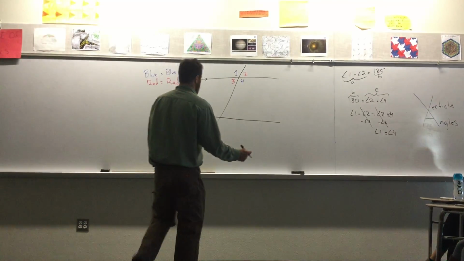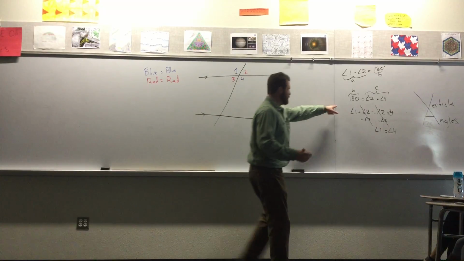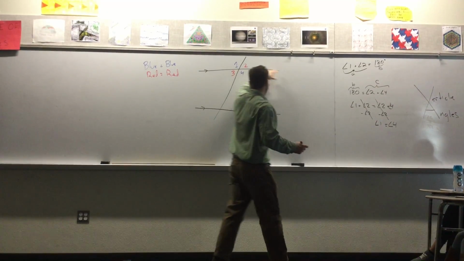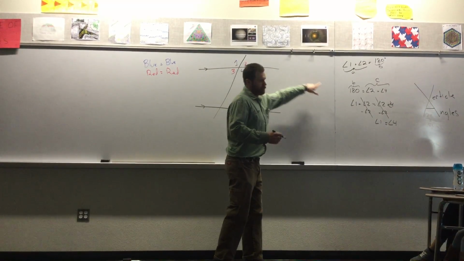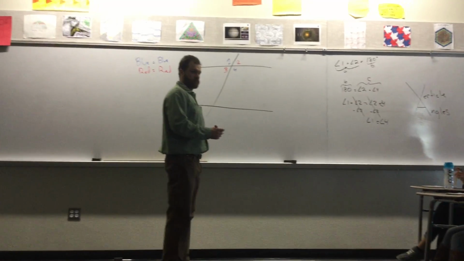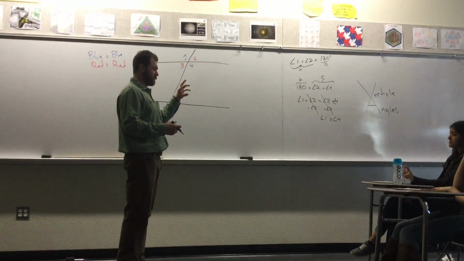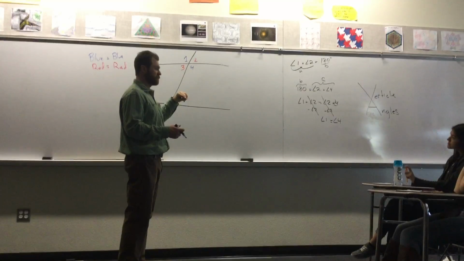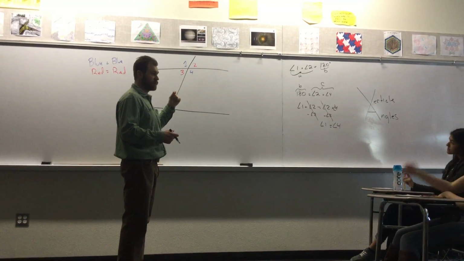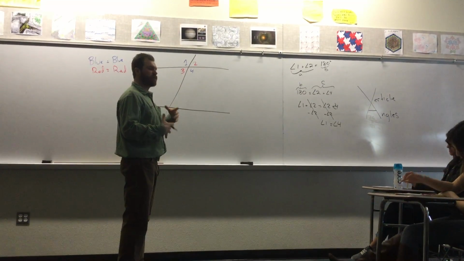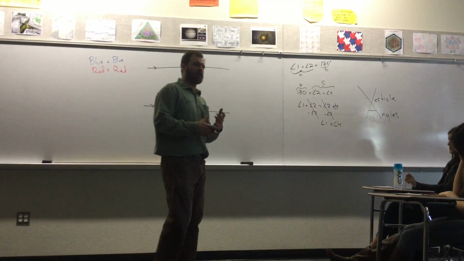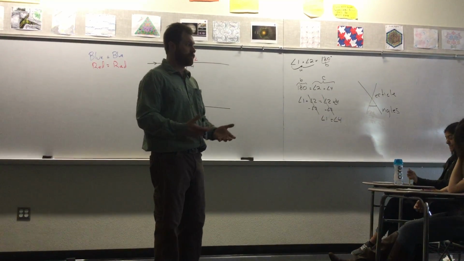So, if they were to intersect, let's say somewhere over here, what would I have over here? What's a figure that has 3 intersections and 3 sides? Triangle, right? And then all the angles in a triangle, they add up to